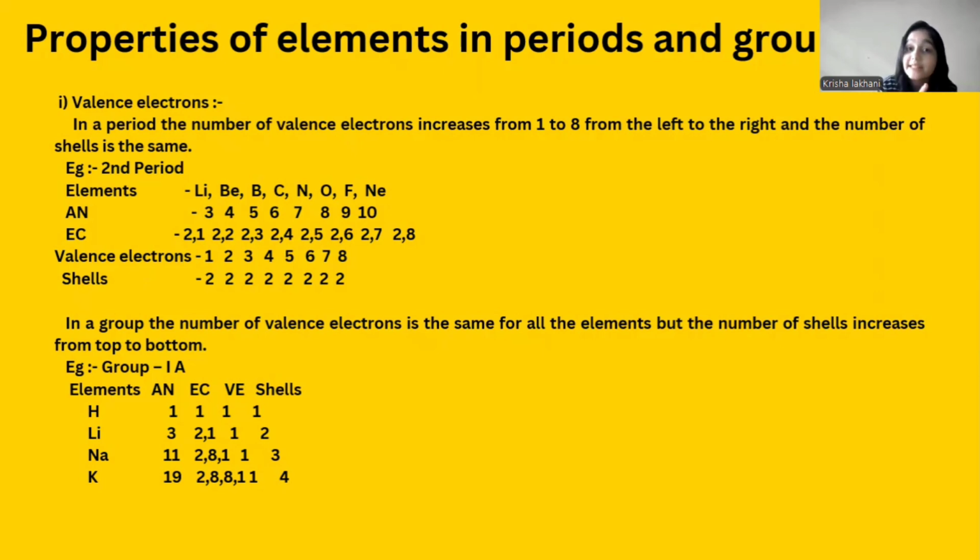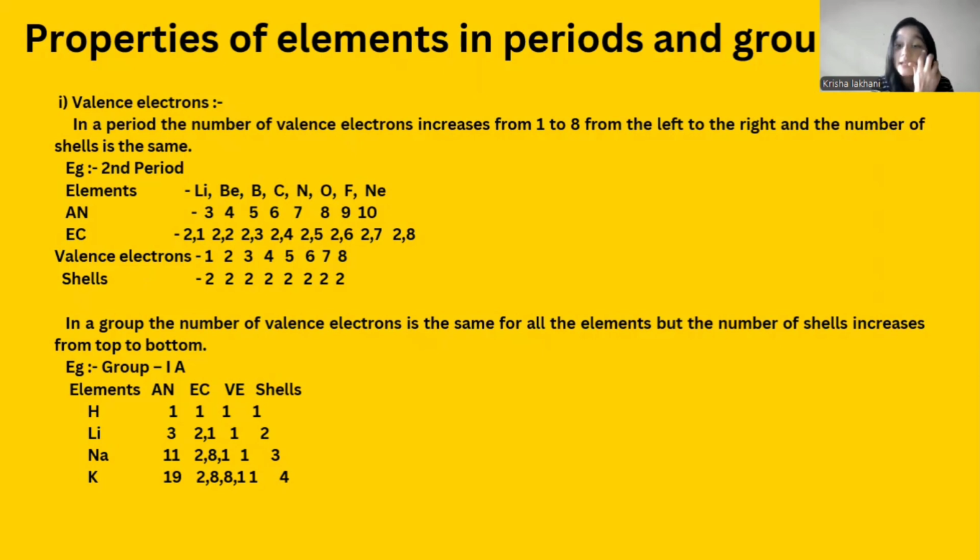What is valency? The number of electrons required to be lost or gained in the outermost shell is called valency, to become an octet. Please write it down. I would request you, please rewind and write it down again. Otherwise, I'll speak it once again for you guys.